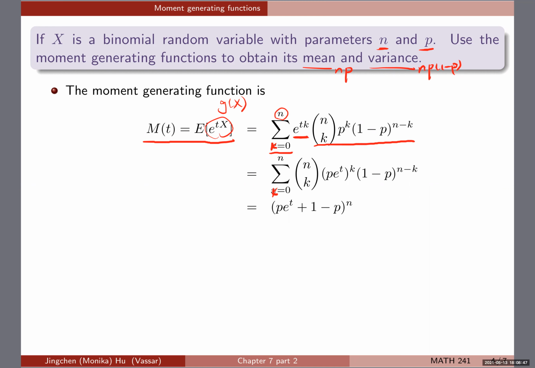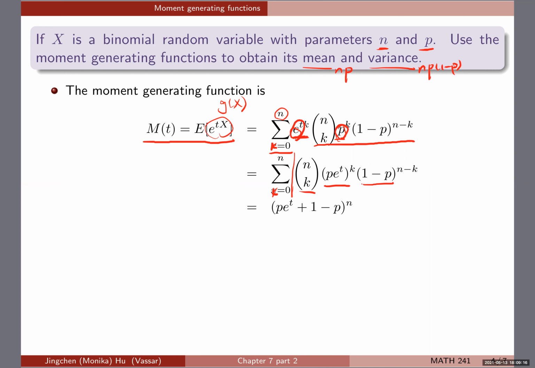N choose k, p to the power of k, and then 1 minus p to the power of n minus k, okay? So what we further do here is that there are certain things we can collapse. In particular, we can combine p and e to the power of t, because both of them are raised to the power of k. So we still have the summation going on, the choose function still stays. We have pe^t to the power of k, and then 1 minus p to the n minus k, which